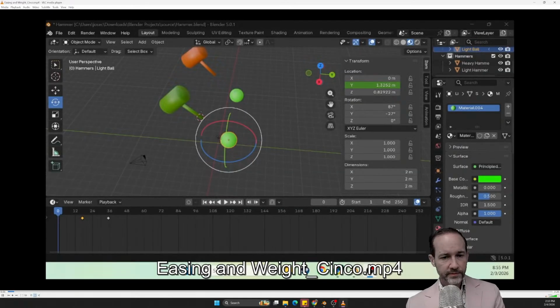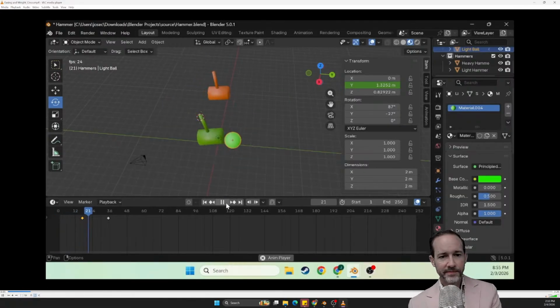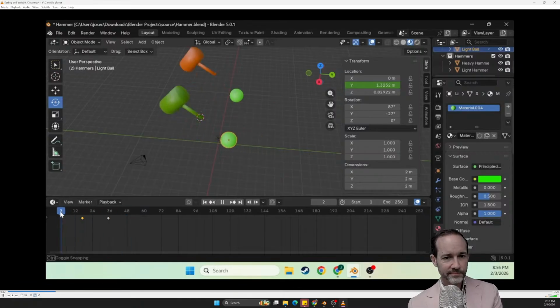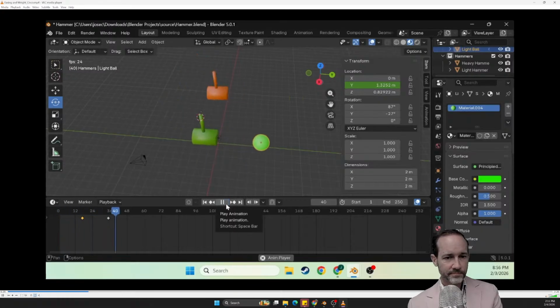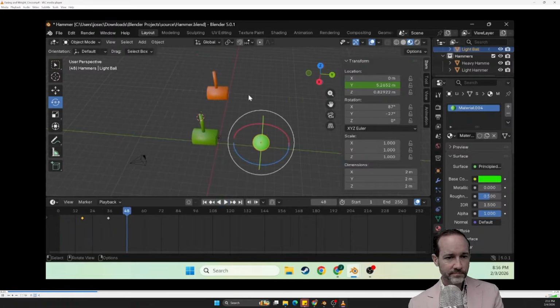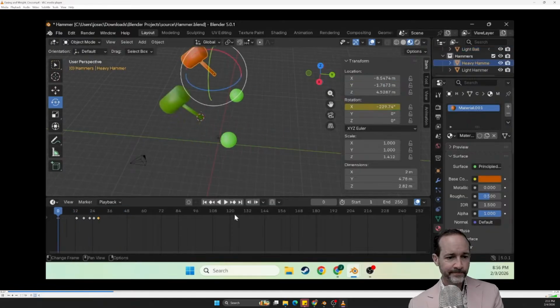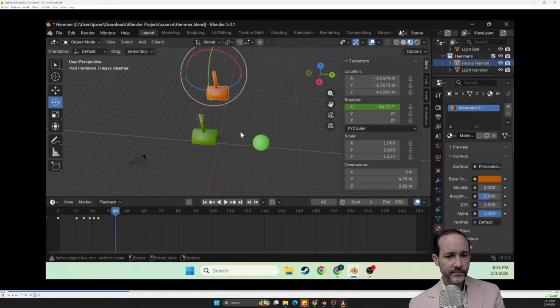Hello, my name's Jose Cinco, and this is my ball animation. Very short, but how I got it was, I remember doing a similar project to this in a previous class using Cinema 4D. Depending on the speed of hammers like this one, being a lot quicker, which is the heavy hammer, and also making the ball go a lot faster than the light ball right here.